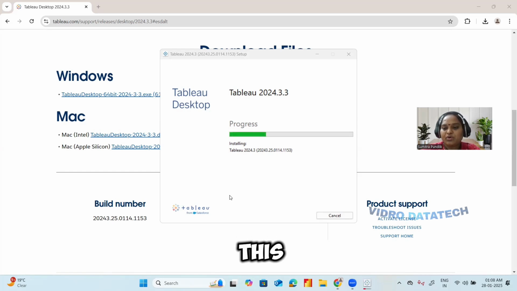You can see this progress bar. The progress bar helps you identify how much progress is pending. It depends on your internet speed also.